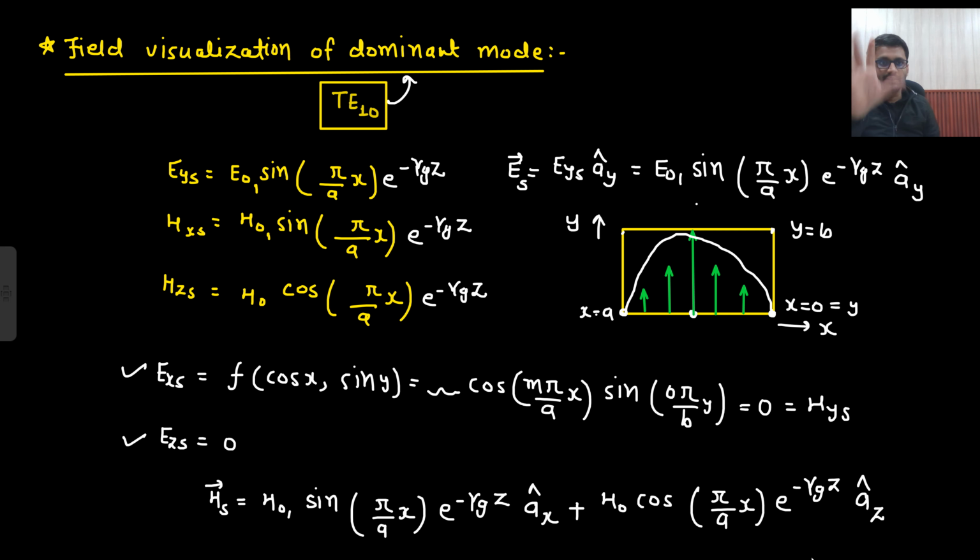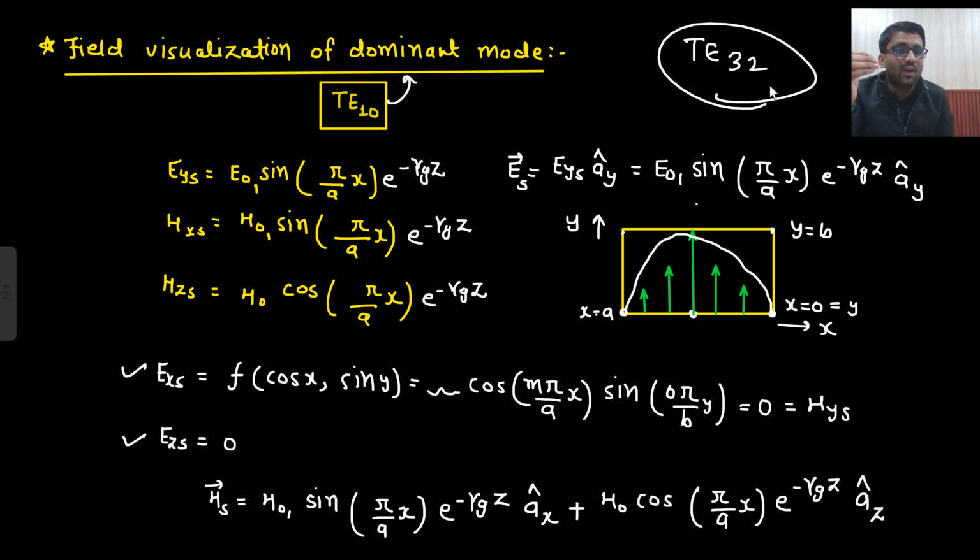Look, it is very tough to visualize it, but I am giving you the best possible visualization you can get from this particular topic, field visualization of waveguide. So we are only seeing the dominant mode. Let's just say the mode is TE32, then how tough it will be. This is TE10, where the fields are very few, but in TE32 a lot of fields can exist. EXS will also be there, EYS will also be there, and EZS cannot be there since it is TE. Then HXS, HYS and HZS will also be there. Then what will be the combination of that? How does the field look like? That will be very tough to visualize, right? But we are visualizing